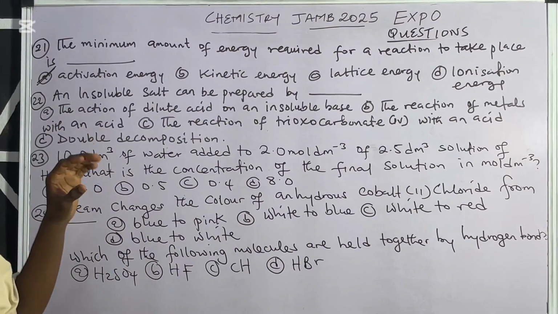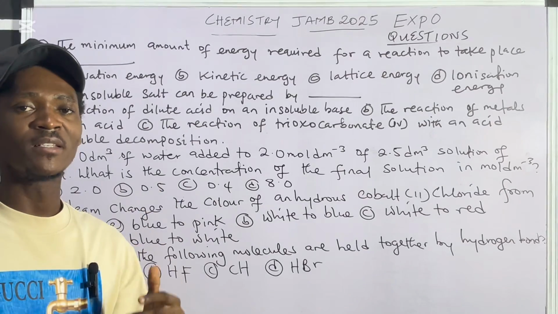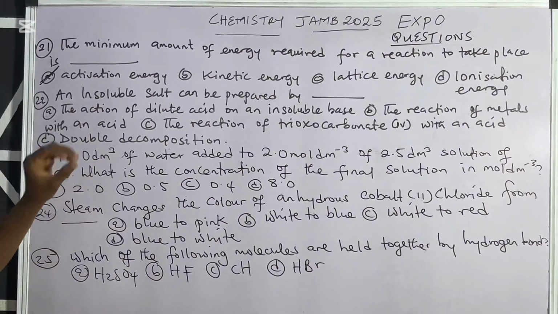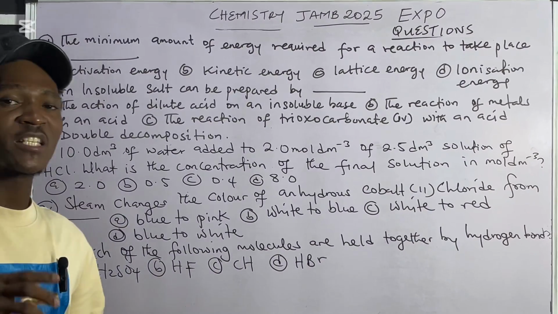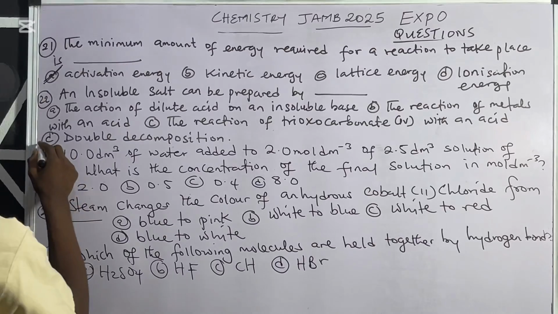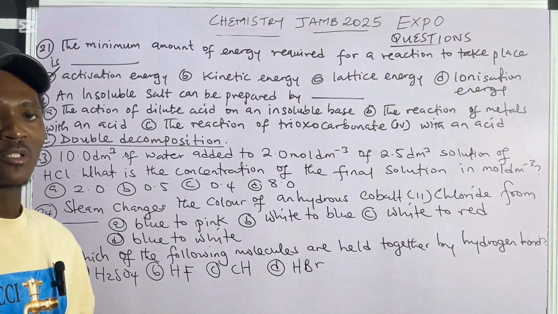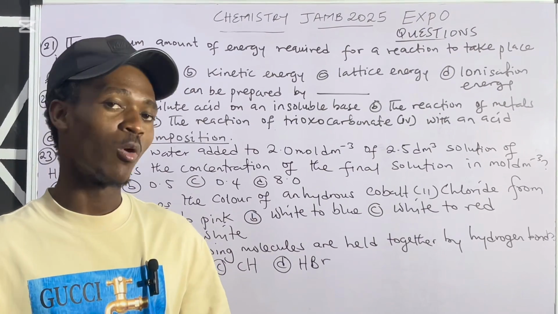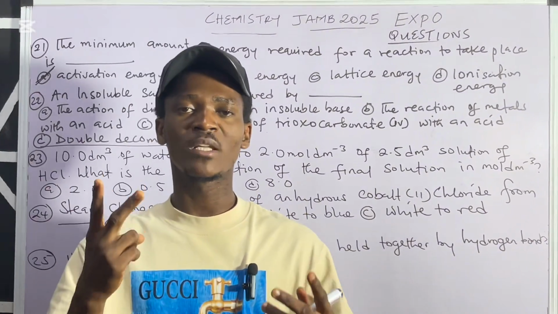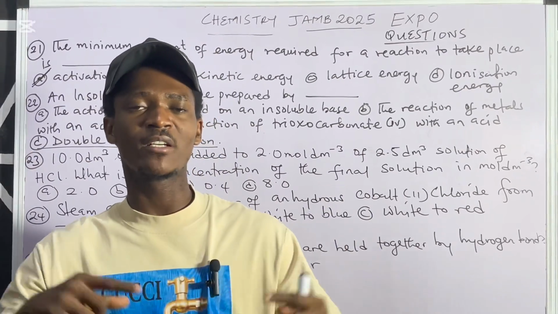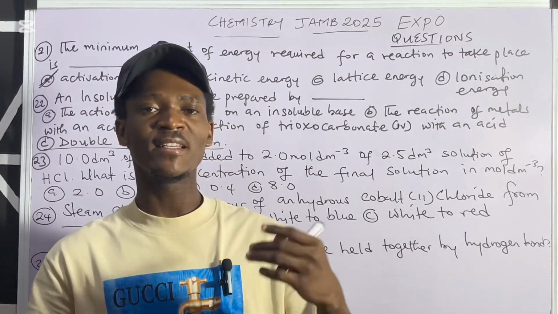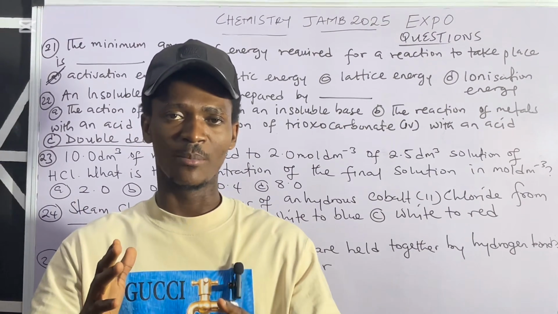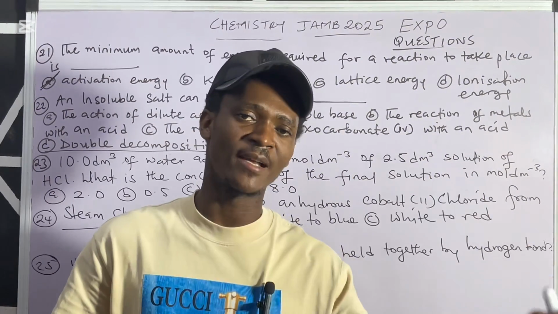Because this question is very easy. Why I selected this question is because I have seen it repeated oftentimes in your JAMB past questions. Now, insoluble salts are best prepared by a method known as double decomposition. And when I say double decomposition, it doesn't mean a decomposition reaction occurring twice. No. What it means is that you have two soluble salts exchanging their ionic radicals to form an insoluble salt and a soluble salt. So it's just like soluble, soluble to form insoluble and soluble.